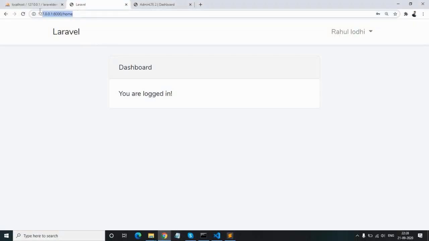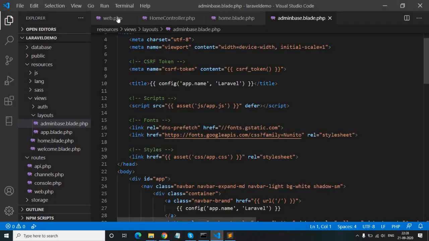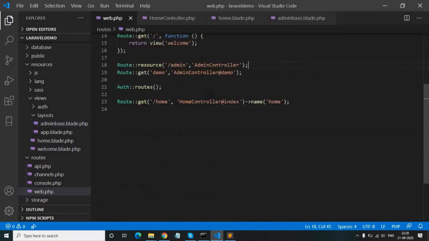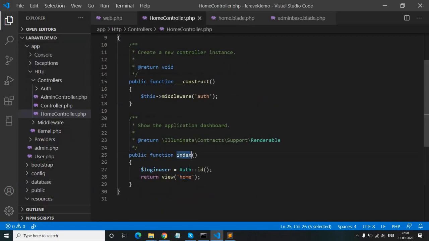So where is our home page? For that you have to go to your routes, web.php, and find home. You can see the home page is called from the home controller index. So now we will go to the home controller and here index.